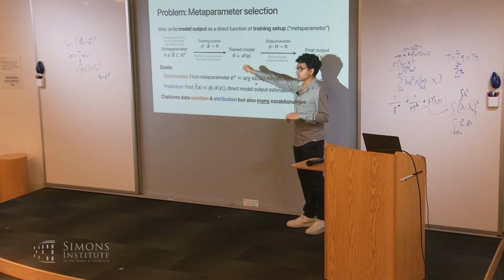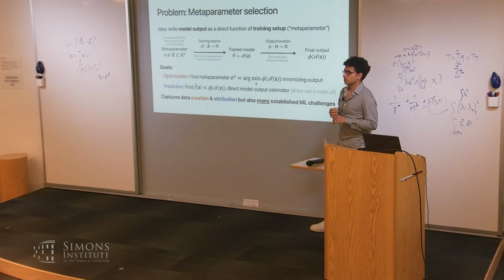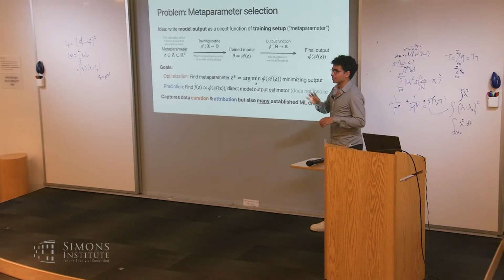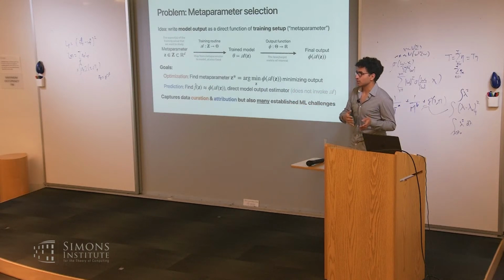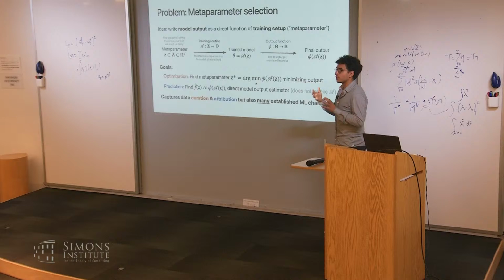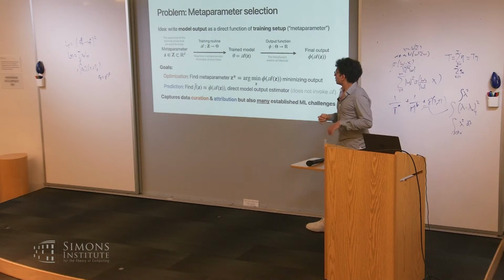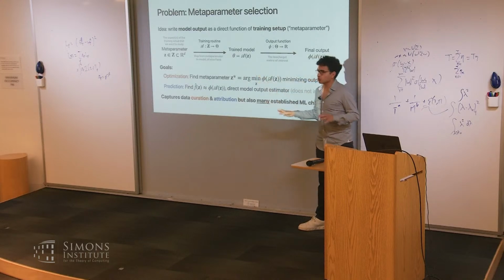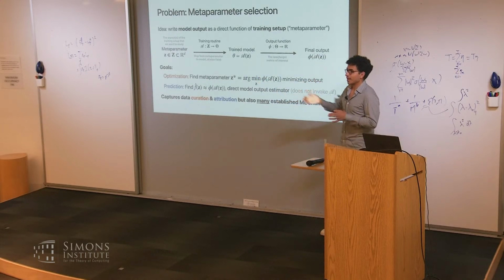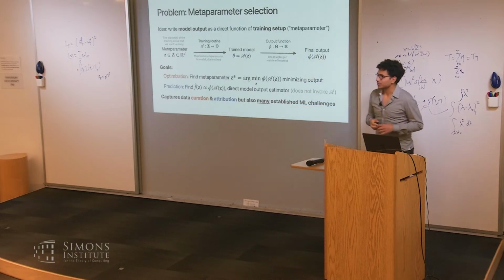Oh, are you asking if z can be the test set? Like I want to minimize loss on the test set, right? I could simply train on it. You could. But ideally, for example, you want to minimize loss on some test distribution. So you can sample from that test distribution, encode it into this function phi, and then test on some completely new test. So I can't choose z arbitrarily, right? There are some constraints for what I can do over there. In this framing, we're going to let you do whatever you want to z. Whether the end thing ends up being useful for your task is a function of whether you designed this properly.